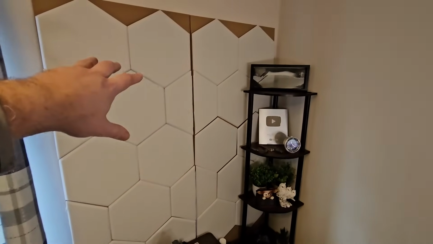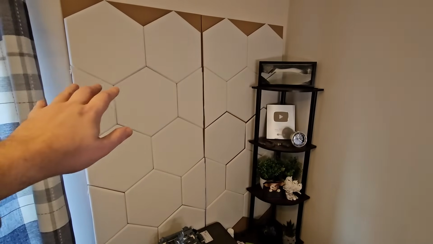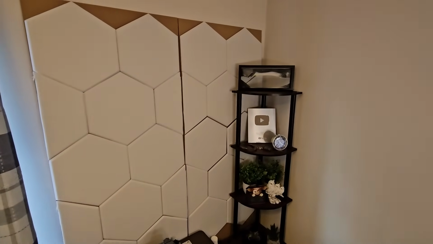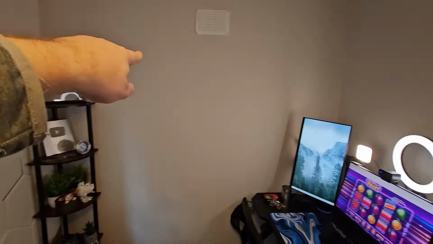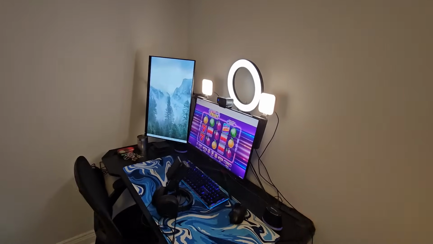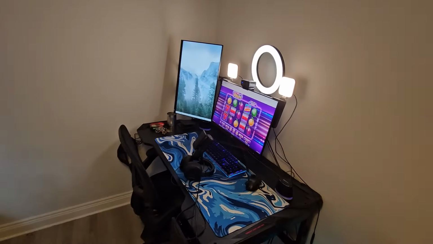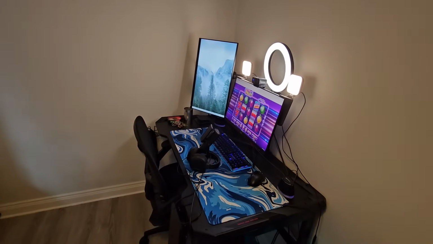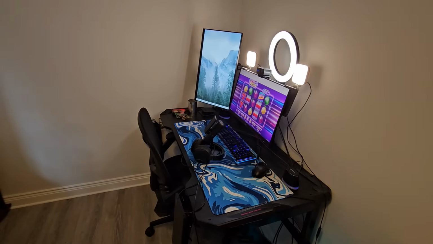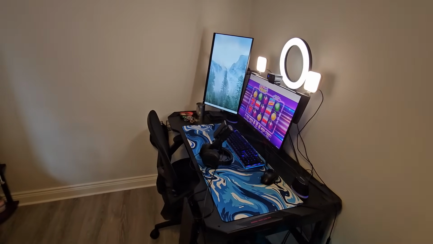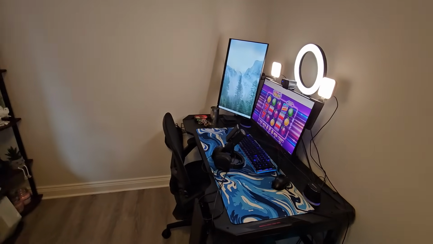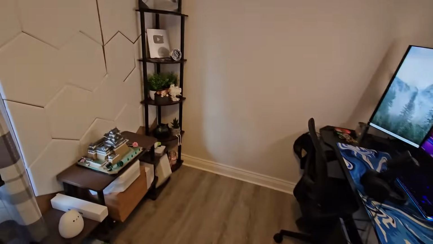I'm busy putting in paneling. This is basically acoustic paneling on cardboard. I'm sticking it on there, hoping to have it wrap around. Let me show you from there, around there to the back over here, just to stop any echoes while I'm making content, because I do pick it up in some of the videos. It's not annoying or anything like that, but it does annoy me when I have an echo. And the room I was in previously was much bigger than this, like I think about 4 times bigger.